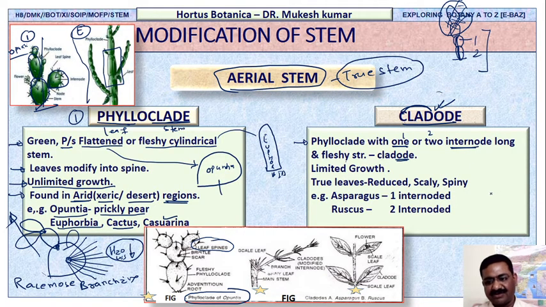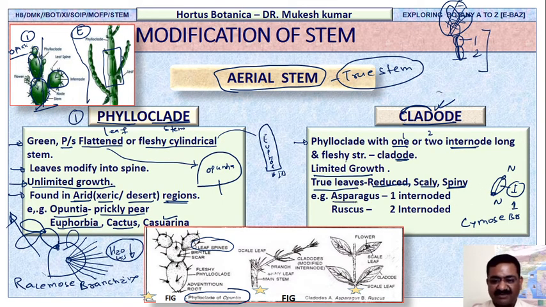What happened? Since it has only one internode or two nodes, one node. So how many internodes? One internode is there, a single internode is there, isn't it? That's why it will not grow further. So its growth will be limited growth. So you can say it will show cymose branching of a stem, isn't it? It will have leaf, reduced leaf, scaly leaf, as well as spiny leaf. Okay, whenever we talk about the asparagus, this asparagus has only one internode. Fine,